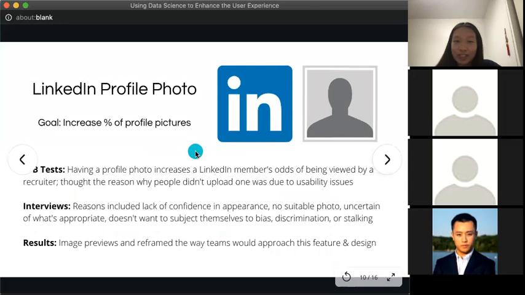So now what? What's an example where a company actually benefited from having the data scientist and the user research work together? I'm pretty sure we all know what LinkedIn is. It's a popular platform that connects recruiters with job seekers. When you're scrolling through LinkedIn, you'll notice that there are people with profile pictures and people who don't have